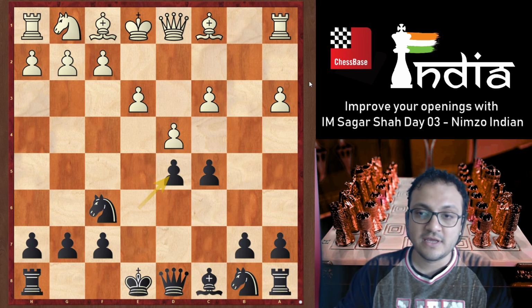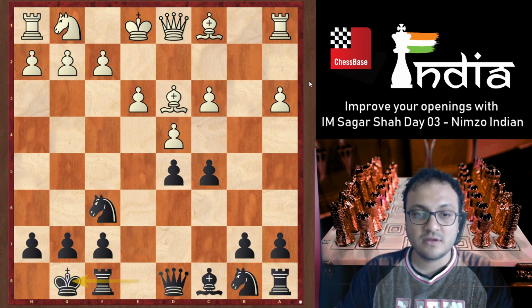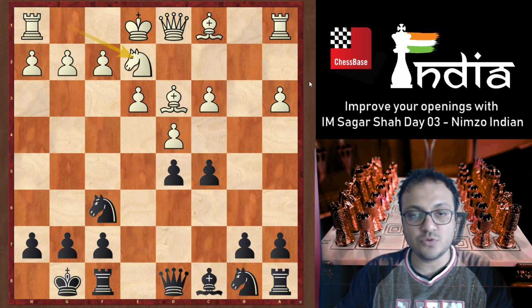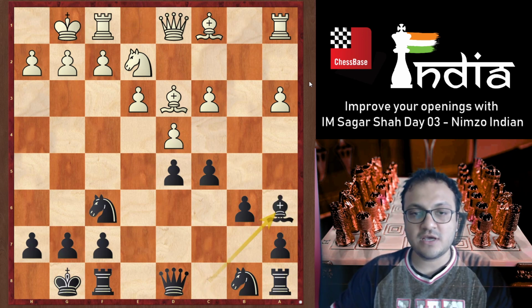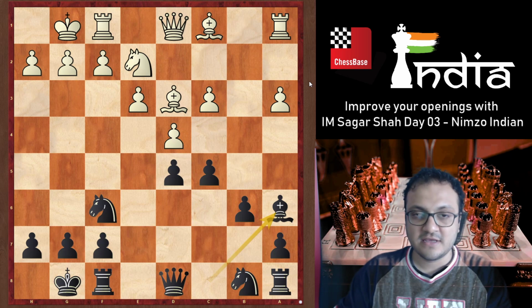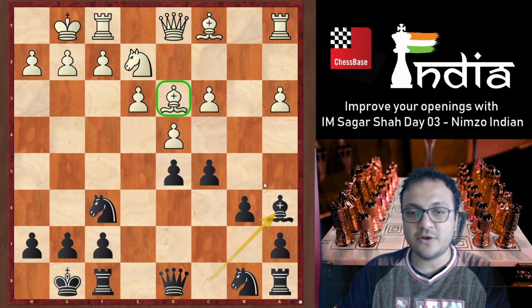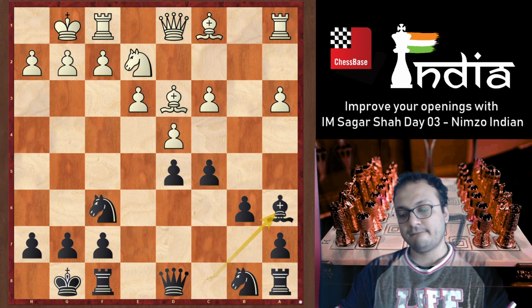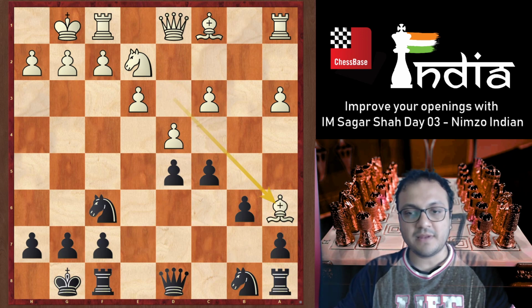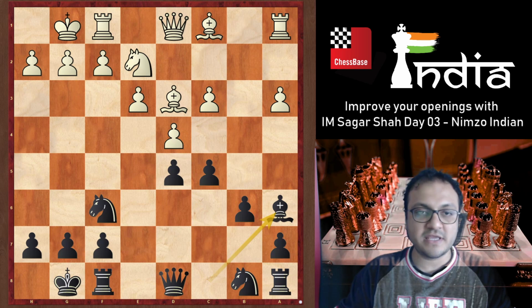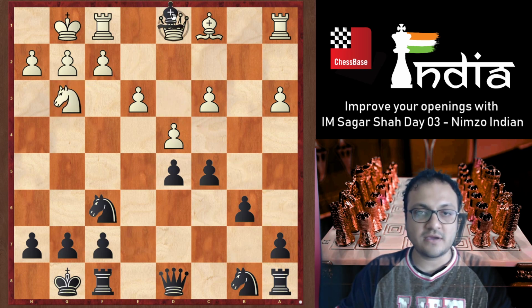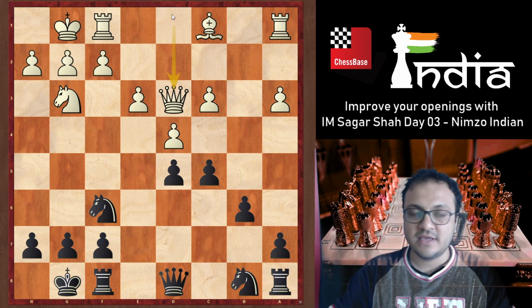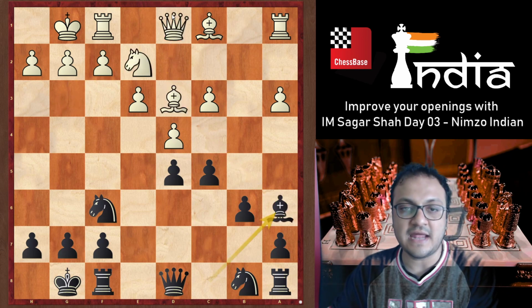So let's have a look. He played the move bishop d3, castles, knight g2, b6, castles, and bishop a6 was played. Now the point of bishop a6 is that this bishop is pretty strong, so why don't we exchange it? Botvinnik took on a6, but he could also just continue with knight g3 and allow black to take, and then it's the same position that happened in the game.